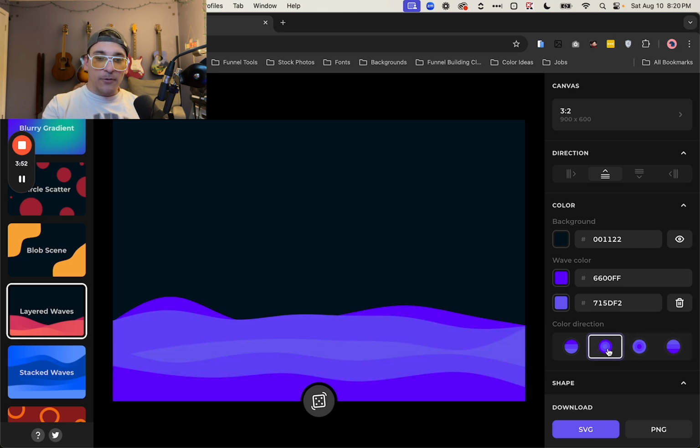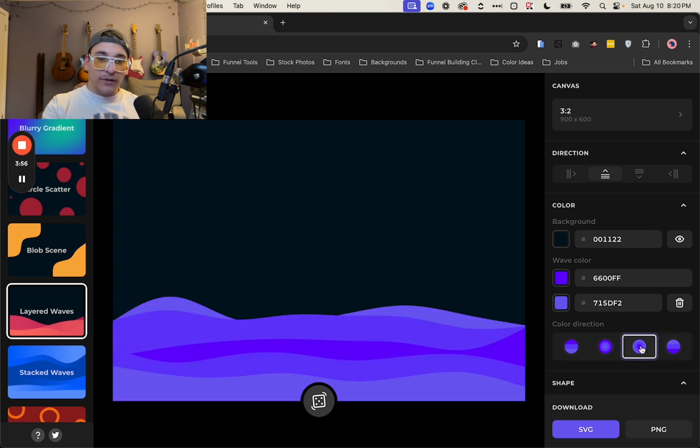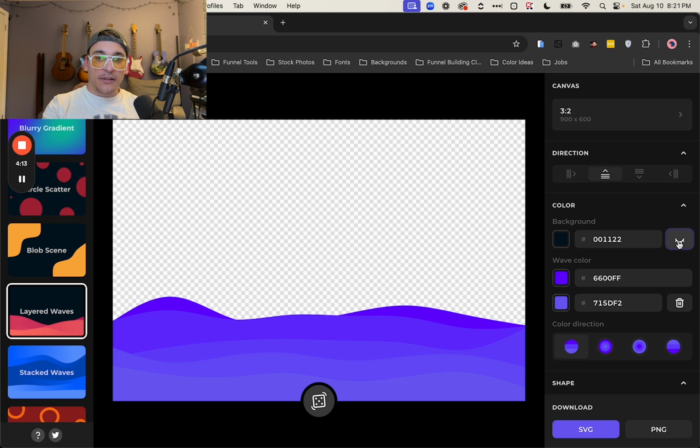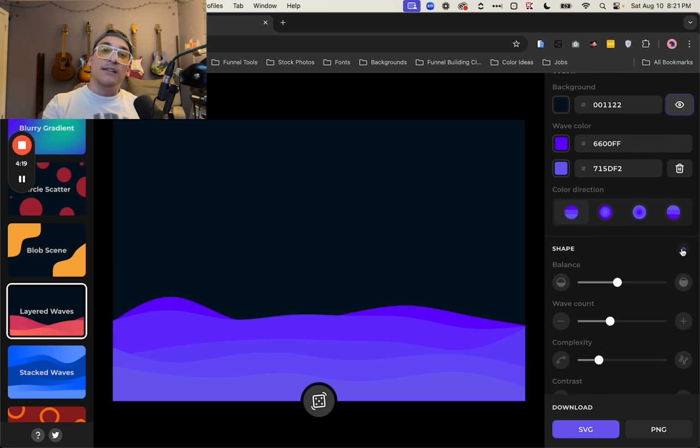I think my favorite one is probably this first one and the last one. I think the ones in between with the colors being so close together sometimes kind of hurts my eyes a little bit. So I'm actually going to stick to just the initial color here. Funny enough as well, if you wanted to get rid of the background because you wanted it to just be the wave itself, you can hide the background right here as well. We're going to keep that in place, and we're going to keep going down and see what kind of stuff